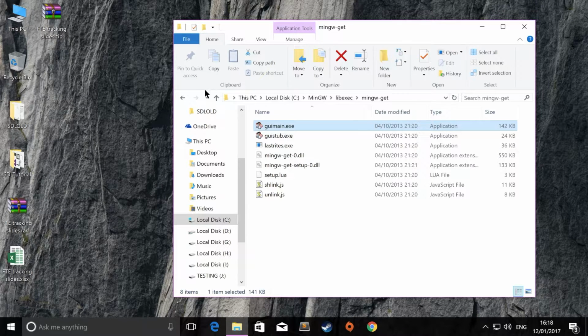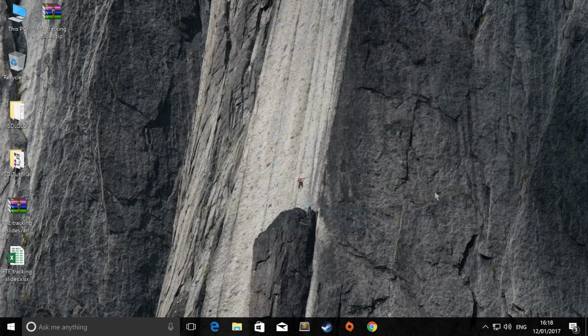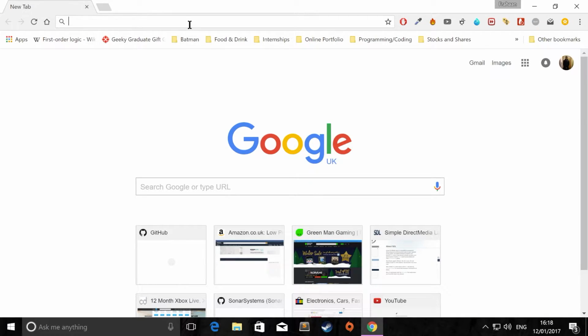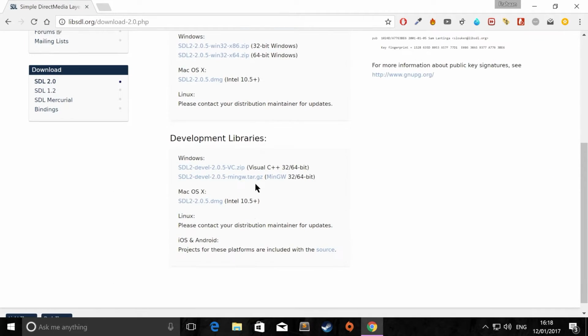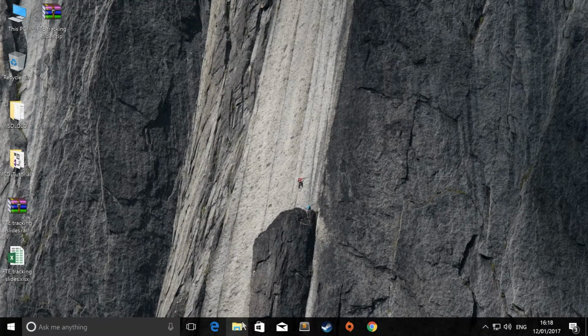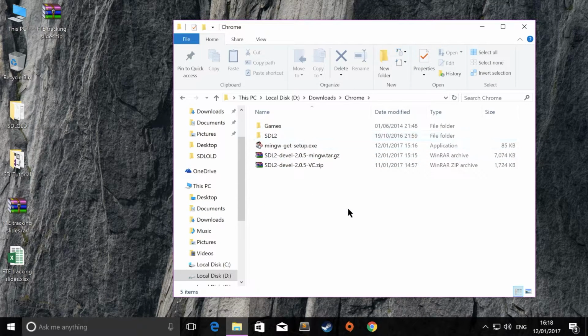So the first thing you want to do, or sort of the second thing, is go to the SDL website, libsdl.org, then go to SDL 2.0 in the download section, go to development libraries, now select SDL2 MinGW, so just download that. I've already got it downloaded, so let me go to my download directory, Chrome downloads. This is the file right here. If you just extract that,